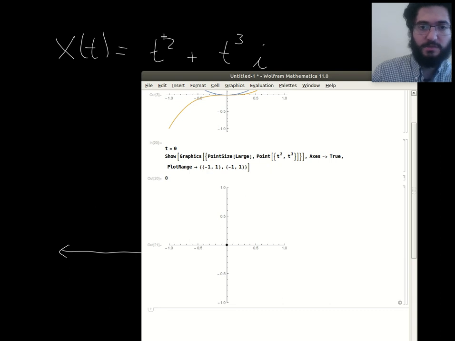So as I change t, when t is 0, the dot is at the origin, 0, 0. That's because 0 squared plus 0 cubed I is 0 plus 0 I. And if I put t equals 1, then I get a dot way over here at 1, 1. That's because 1 squared plus 1 cubed I is 1 plus I, and this is where 1 plus I is in the complex plane. Now, animation means